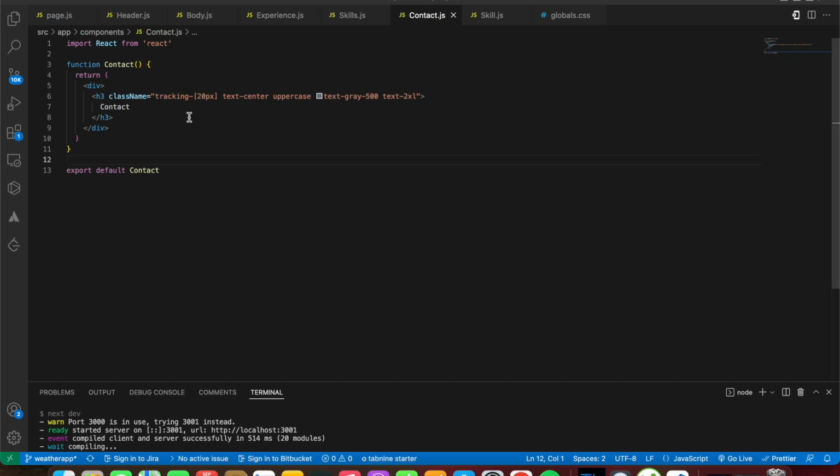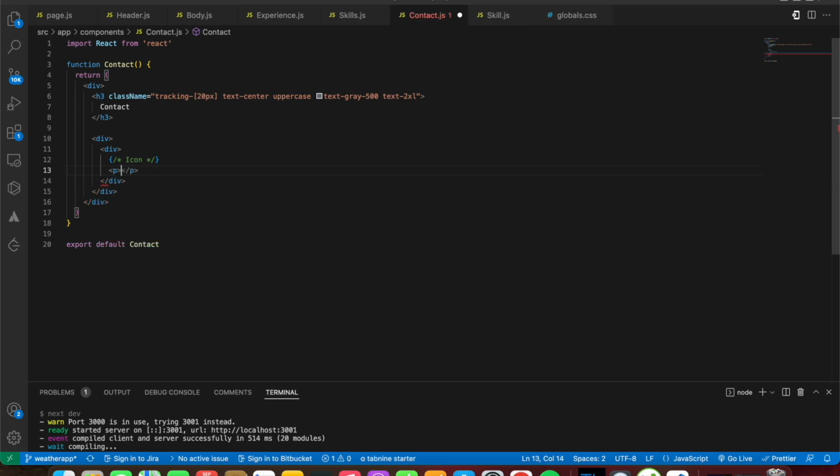Okay, contact component. So after the h3 tag, I'm going to initialize my div just like this, and inside the div we're going to have icons, and along with the icons we're going to have the p tag as well. So let's initialize one more div. Firstly here I'm going to write a comment. I'm going to get the icons just after I initialize my p tag. So this p tag is going to give my mail. Okay, so you can write in your mail over here,